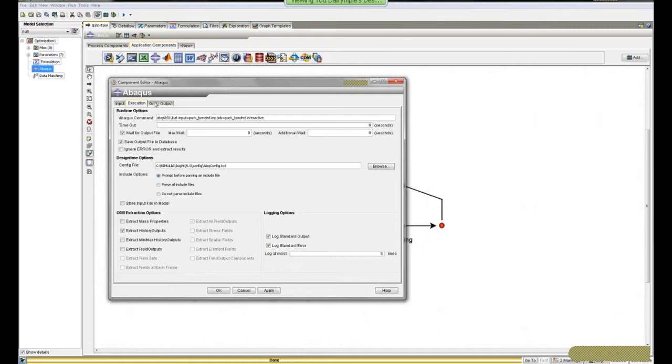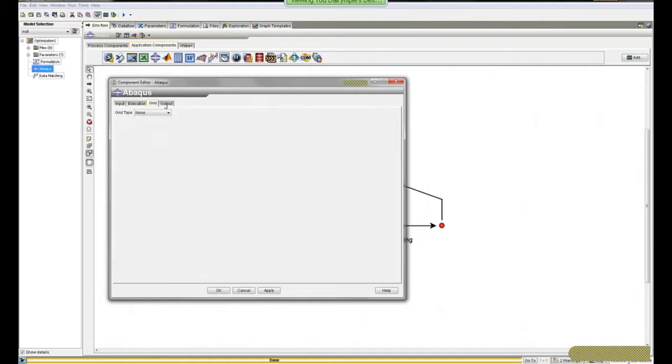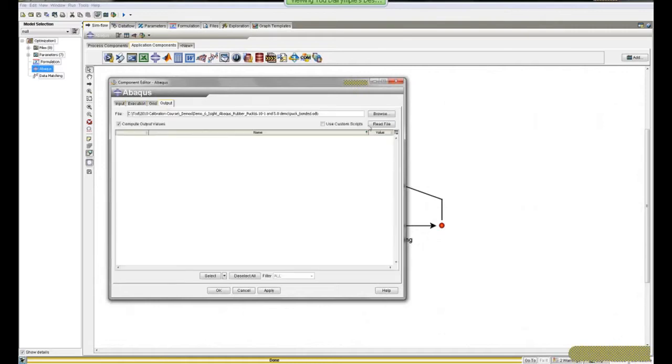I'm not going to change the grid stuff, and on the output, I already have an ODB file generated with 6.10-1. I'm going to read that file. There's very little output in that file. There's just some history variable for the rigid body that's pushing on the puck, and I'm only going to use the RF2 value of that in the data matching. So I've completed the setup of my Abaqus solution component,